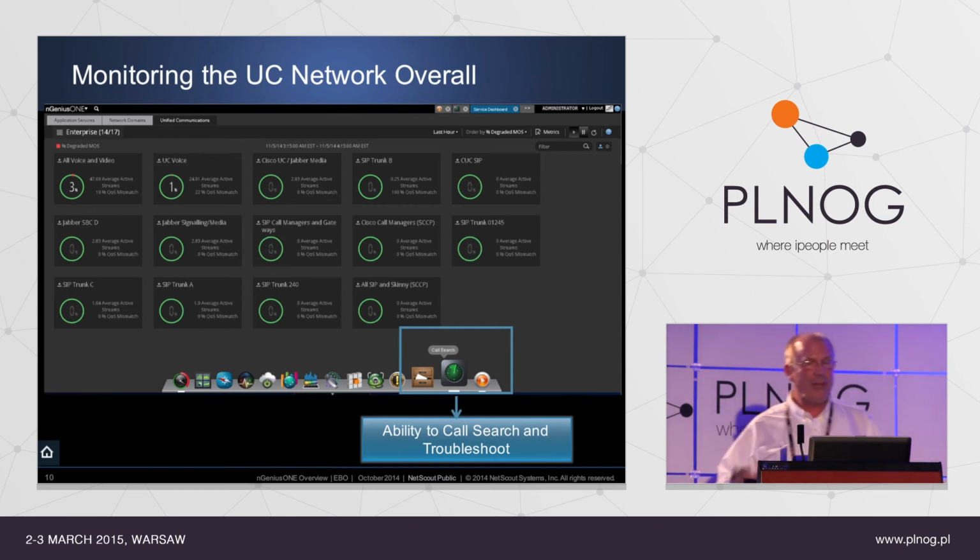And what's an interesting particular problem here is that most people, when they have a problem with data, they send an email. But if they have a problem with voice, they call. They call a call center or a help desk. So you have a surface here that is able to search on a telephone number and start identifying the problems there. Now this is very clever because the actual telephone registration or telephone call is made by a protocol